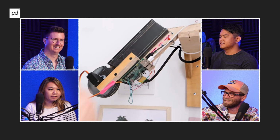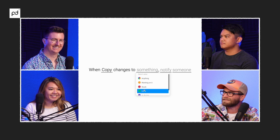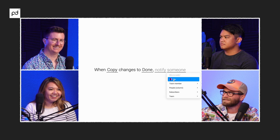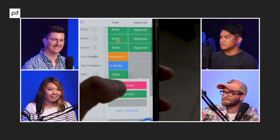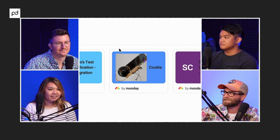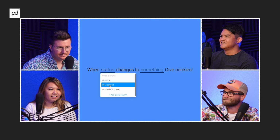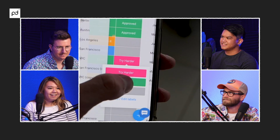Les installations. This step is simple. Just pick the team member that you feel needs motivating and show up to their house. Ideally, you want to install the device directly above their computer. Insert the motivating factors and turn on. So how this works is that I've set up an automation in Monday that sends me a notification whenever Molly clicks done on a project. If it needs more work, I click try harder. Then in the developers section in Monday, I made a cookie app, which integrates with our machine. So whenever I change a status to approved, it triggers our cookie machine. And...